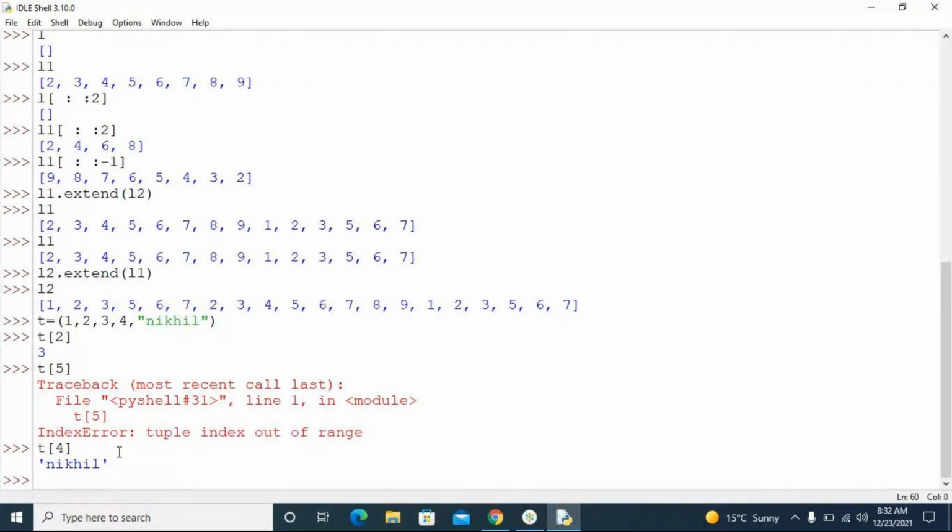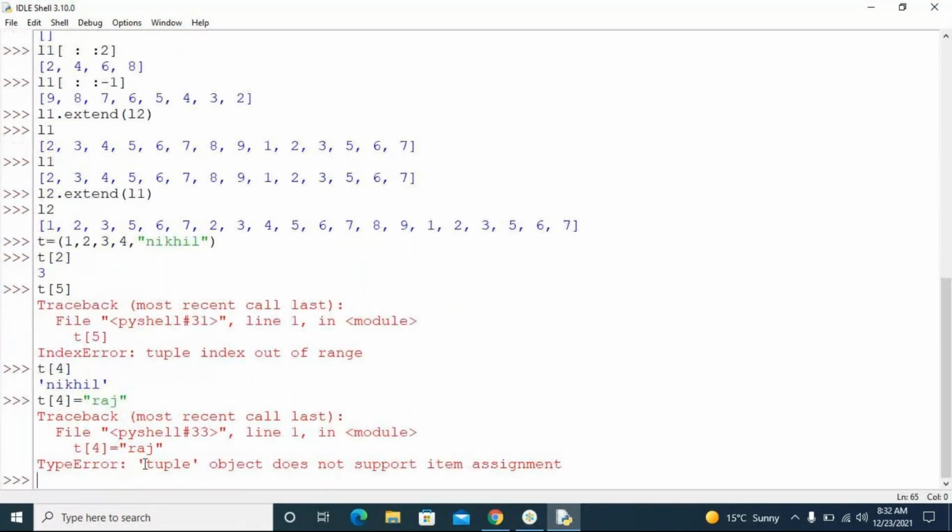So now I want to assign some value, like a string. Like string, it is also the same immutable data type. If I want to assign Nikhil to something called Raj, you will get an error saying that the tuple doesn't support item assignment because it is immutable. You cannot change anything inside the tuple once it is declared, similar to your string. But in a list you can do anything. You can add, you can remove, you can delete. You can use all the methods.